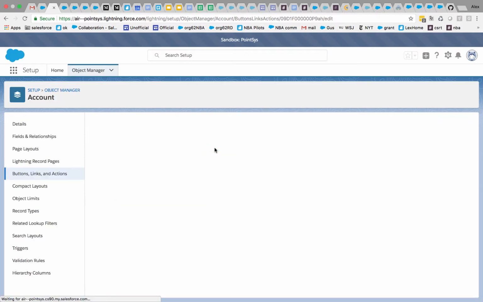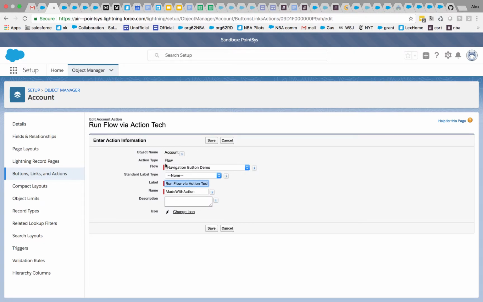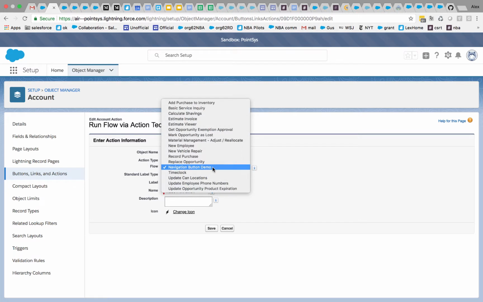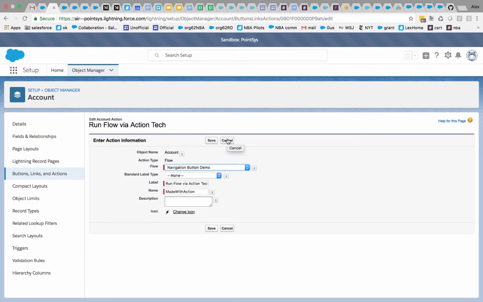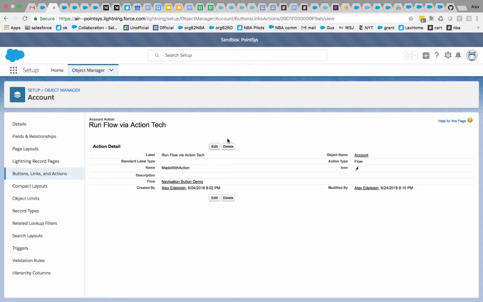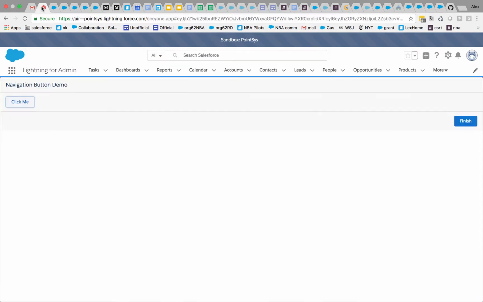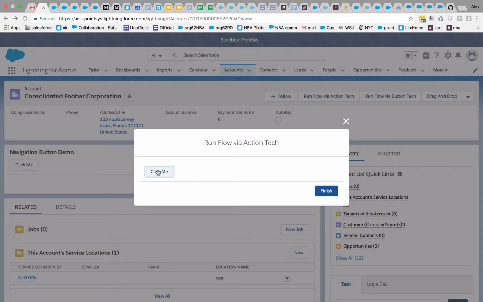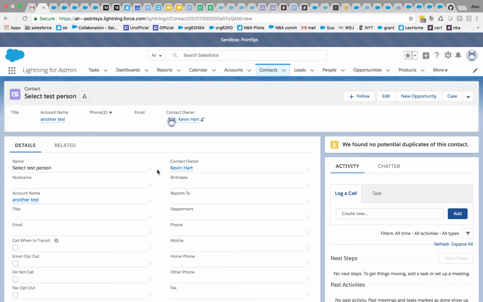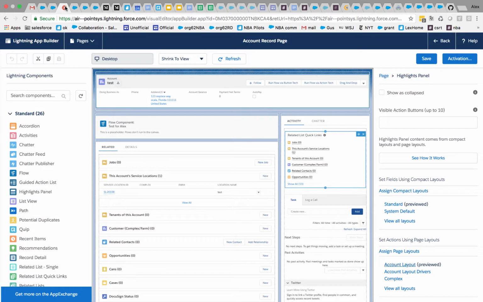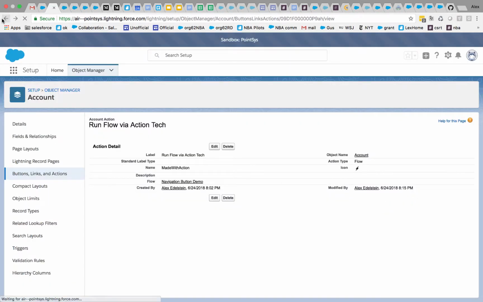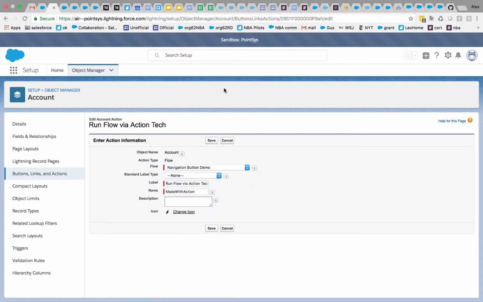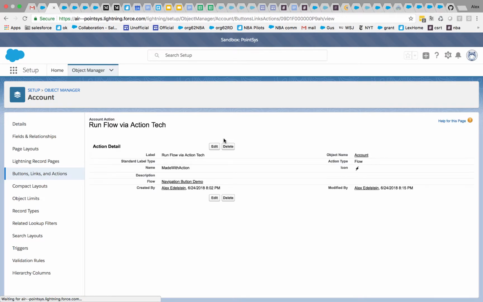If we go to this button, we see it's a little different. It's a little simpler actually, but you're able to create a quick action that launches a flow. And that's what we did here. We have a list of flows to choose. And because we're using the action framework, the quick action technology, when we go back here and click on the button, the Lightning components inside behave as we would expect. So keep these subtleties in mind when you're deciding how to expose a flow,